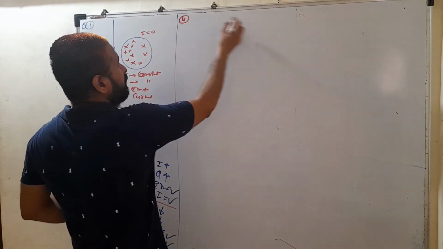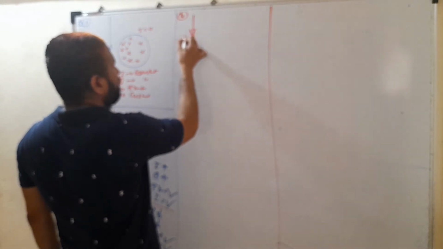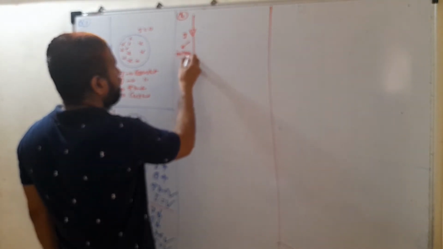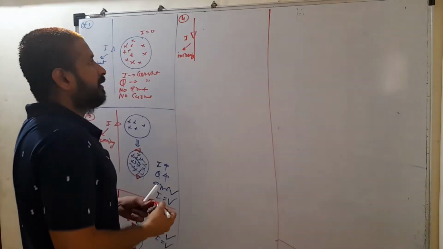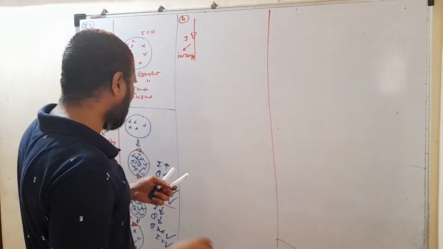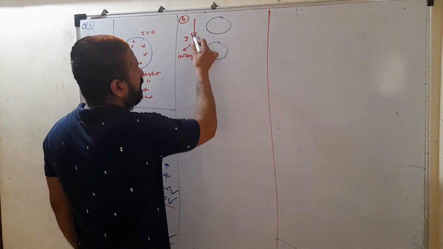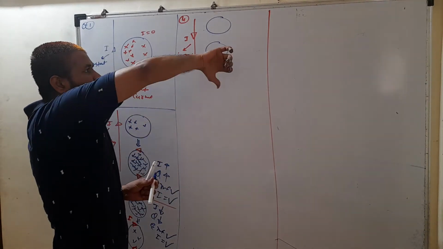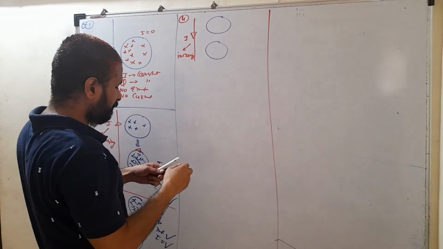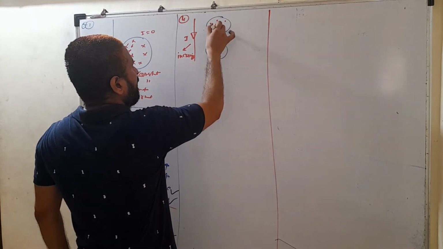Now next fourth case, suppose in this wire, current is in downward direction, and that current is increasing. Current is flowing in downward direction in that straight wire, and it is a decreasing current, its magnitude is decreasing. So now what will happen? There is a loop, current is downward. So if you apply the right hand thumb rule, magnetic lines are in outward direction. So because of downward current, magnetic lines are in outward direction.